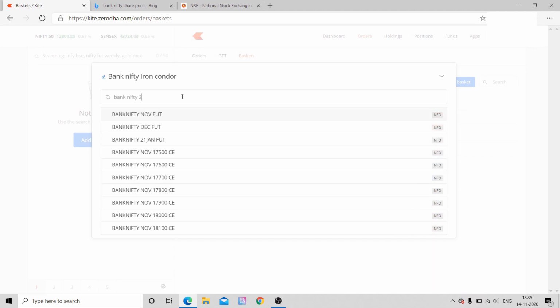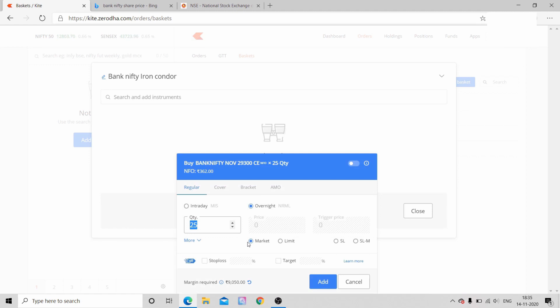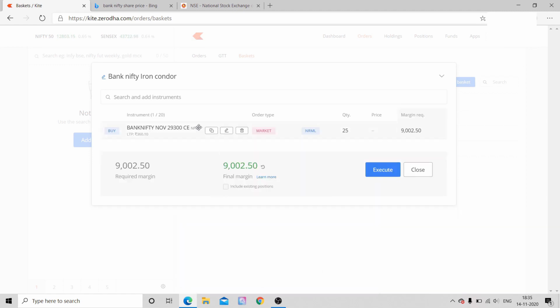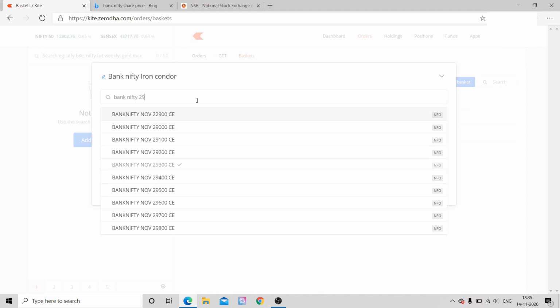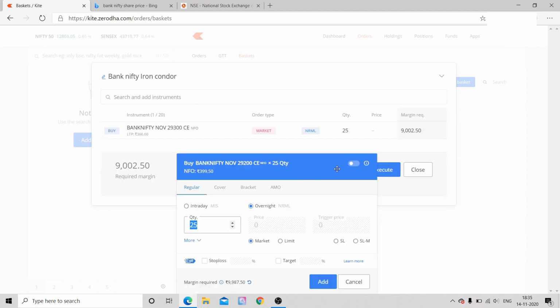I need to add 4 options here, 2 from the call side and 2 from the put side. First I'm adding the call option 29,300 as a buy, and Bank Nifty call option 29,200 as a sell option.